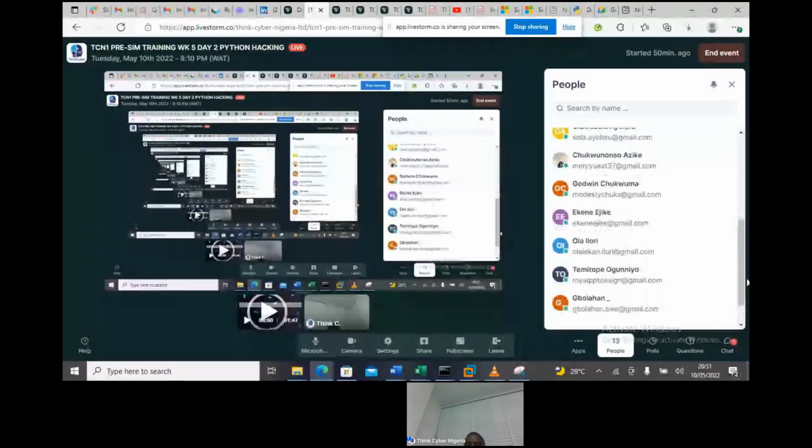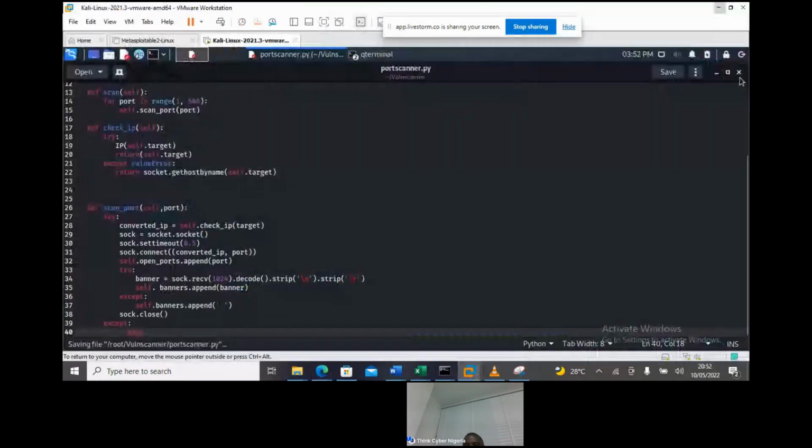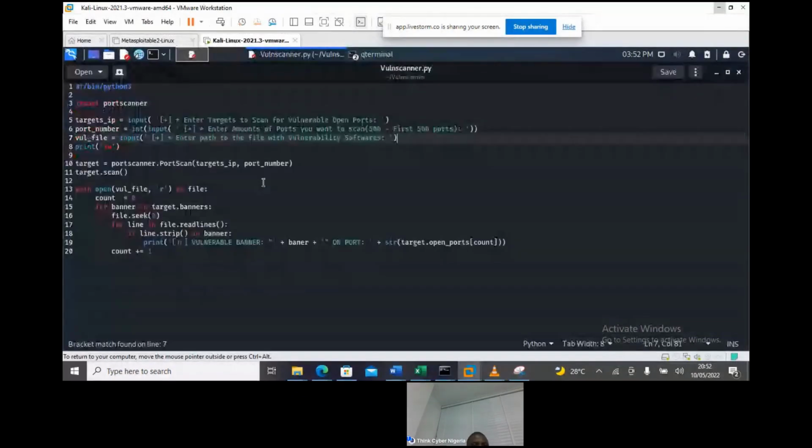So that is what you import. You import this particular script, whatsoever you named it, into that vulnerability scanner. It is when you run that vulnerability scanner, if there is any error in this place, it will refer you back to the error. So if you have written this, confirm that you have written it. If you have not written it, write it. When you are importing anything, the first thing you do is import that script. They must be in the same directory.